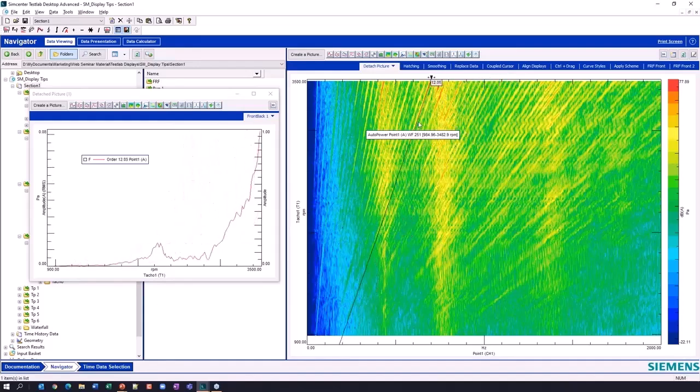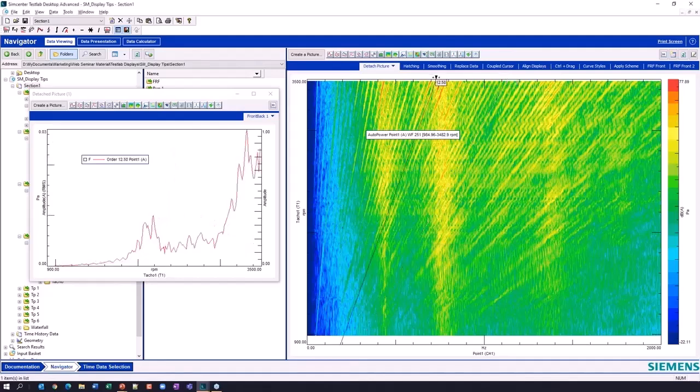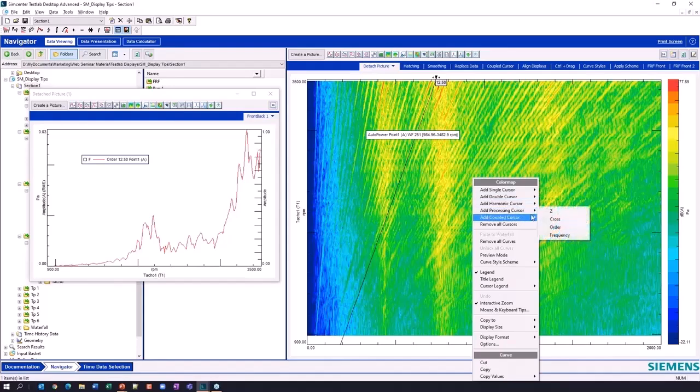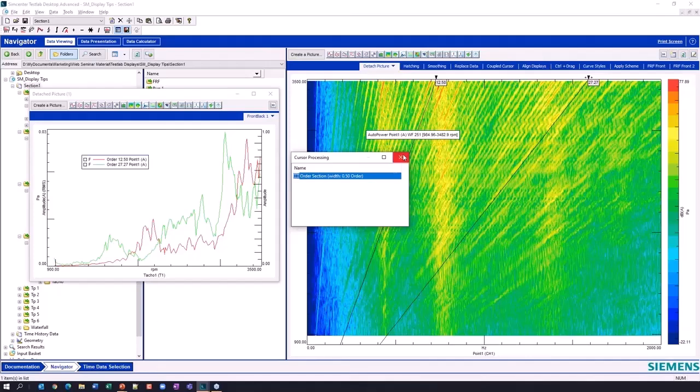So this makes it very, very convenient for me to view not only the overall color map of all sound versus frequency and RPM, but now I can say, all right, I know we're battling an issue on order 12.5. And so I can send that right to 12.5. I can add a second processing cursor, another order, and I can drag that in here.